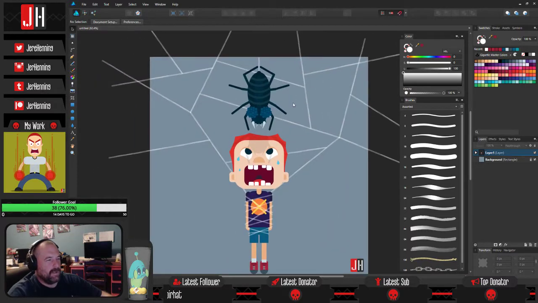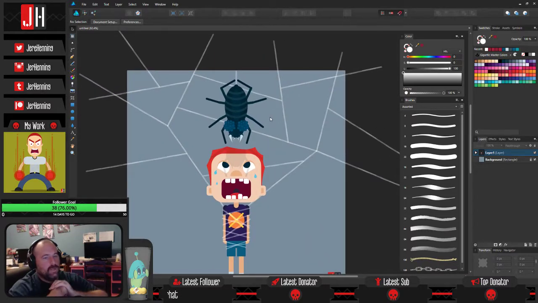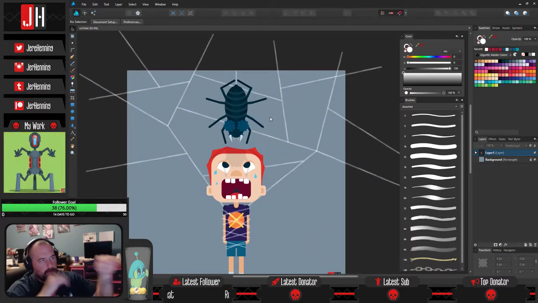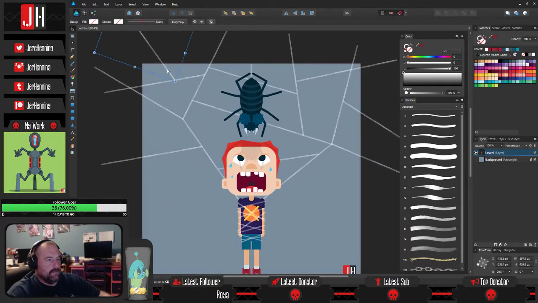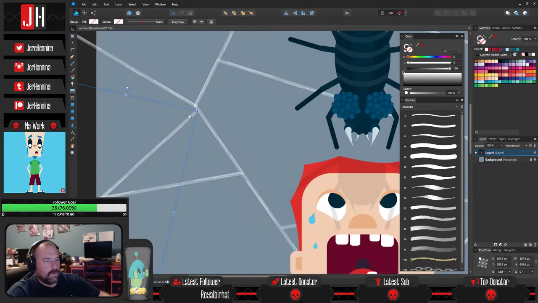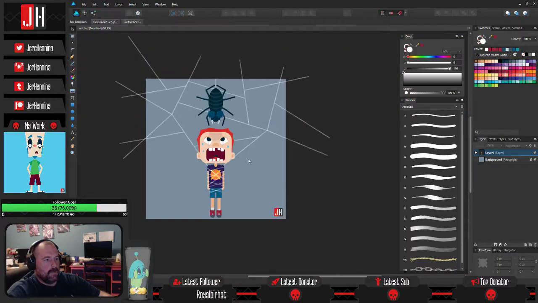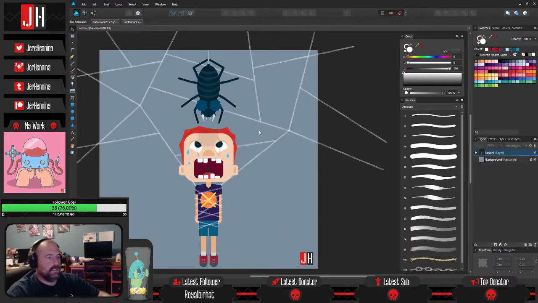Kind of looks like web, I guess. If you really wanted to get intricate, I guess you could do a full-on spider web, do the actual pattern and whatnot, but I don't really want to take that much time with this. I suppose I could, but I feel like that might be a little much, a little overdone. I think I'm just going to go with something like this. And then we have this space over here. It feels slightly off, so let's